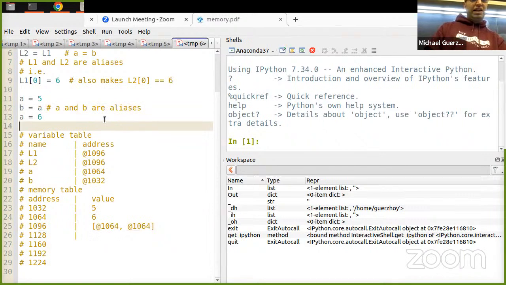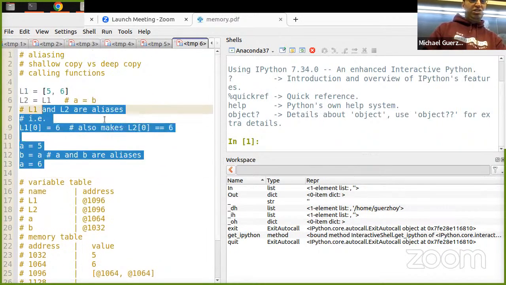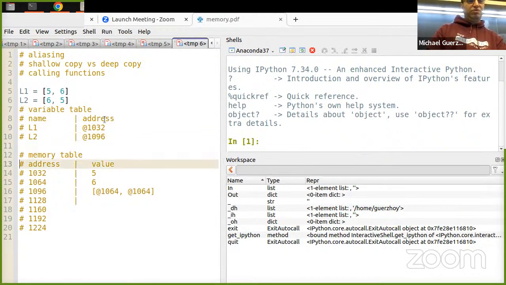So now let's say that you have two lists. I'll reassign stuff. So let's say this is 5, 6, and then this is 6, 5 or something. Here L1 is going to be at 1032. A and B I'm going to remove. So here 5, 6 is going to be 1032, 1064.